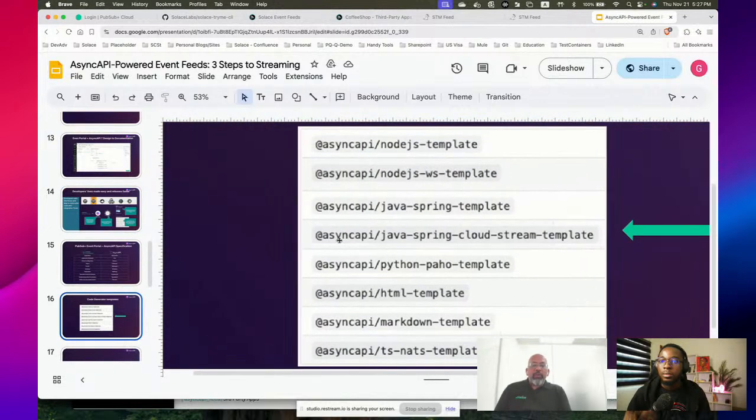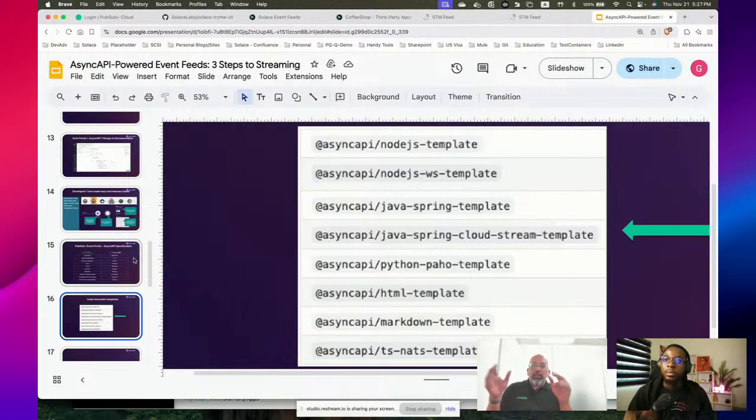So this is a sample subset of templates that's available in AsyncAPI. Given an AsyncAPI document, you can get your scaffolding code just by running one command. AsyncAPI generator takes a bunch of parameters, boom, you got your baseline code. So what I'm going to focus on for our demo is the Java Spring Cloud Stream template, right? On that basis, it's time for us to see how the Event Portal layout of the architecture in terms